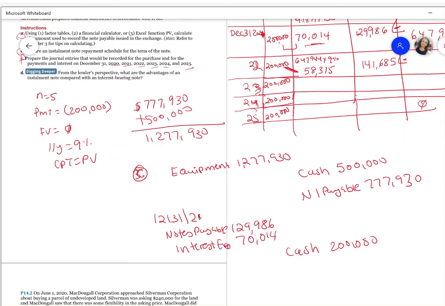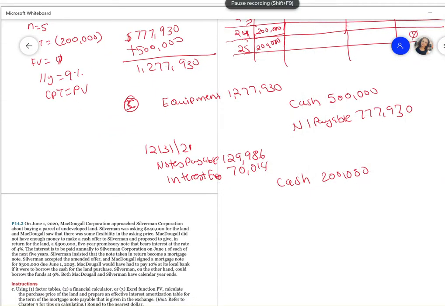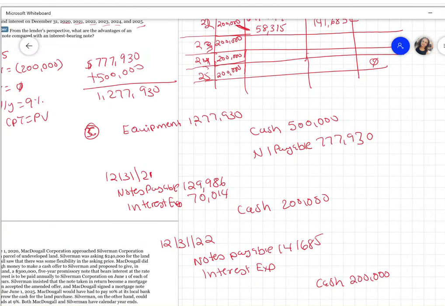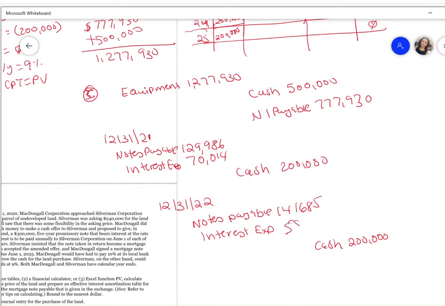So this is the first entry, and the second entry we're going to do on the 22nd. The only thing that is going to change is your principal and your interest expense. So let's do that entry. December 31st, 2022, we have a debit to notes payable, which is going to be 141,685, and then we have an interest expense. Whatever we calculated, our cash payment is going to be the same because we're making the 5 payments. And in this case, the interest expense is 58,315. So what you can do is continue finishing 23, 24, and 25 when you finish the